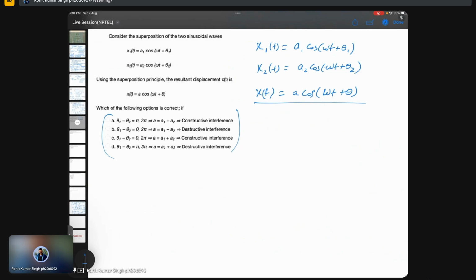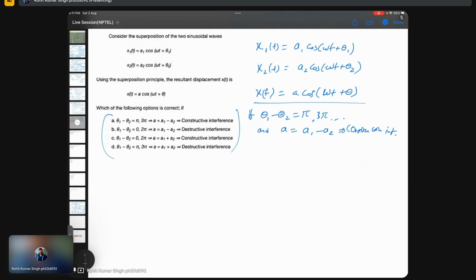So the first option says if theta 1 minus theta 2, the phase difference, is pi, or 3 pi, like an odd multiple of pi, and the amplitude is a1 minus a2, then you will have a constructive